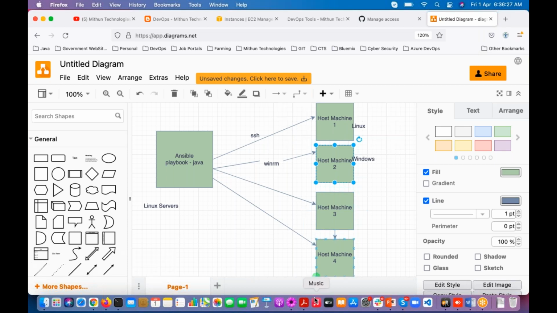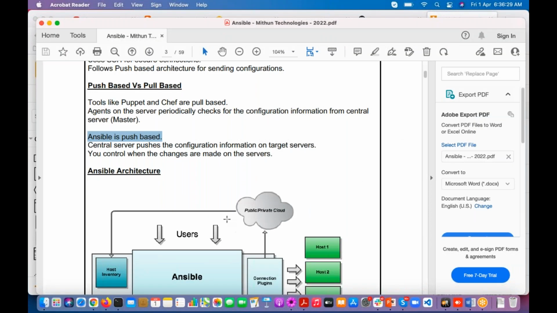Got it? Not only Python systems, Suresh, any system can understand this YAML.